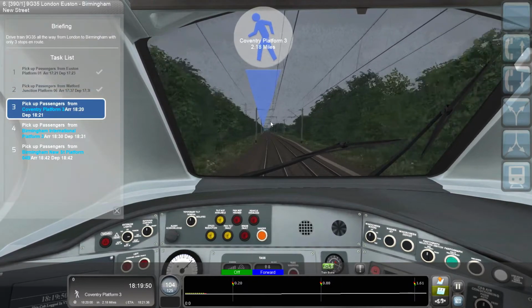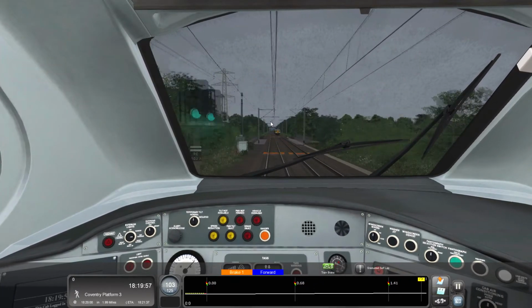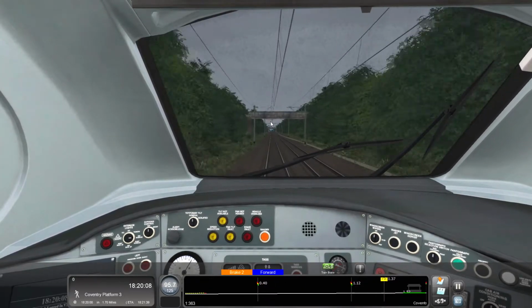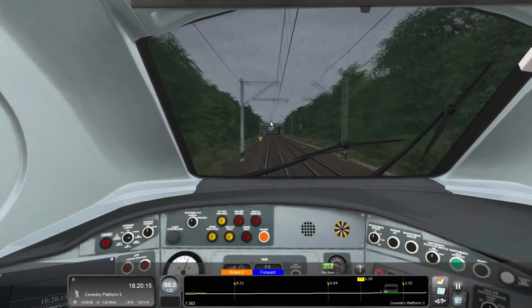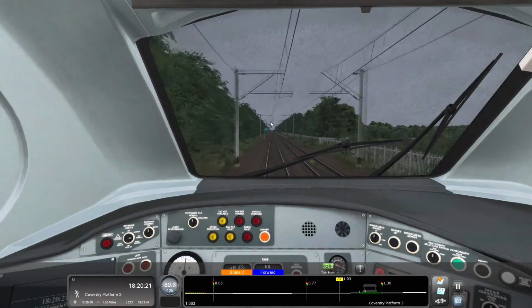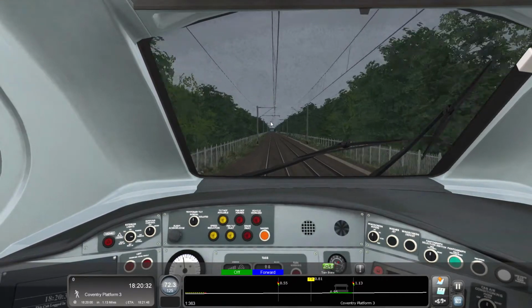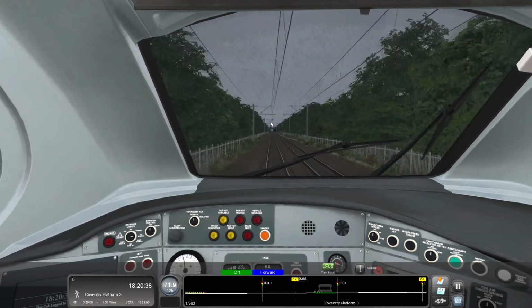Okay, so we're just coming into Coventry at the moment. It's about 2 miles away. So we will start bringing it down. We have got 75. So we will start braking. So we're not that far away. This thing tends to brake quite quick, which is nice. The class 390. Still keeping an eye on the warning system. Do have to clear it every now and then. I'm just going to cruise in here. We will be slowing down a lot more when we get a bit closer, but